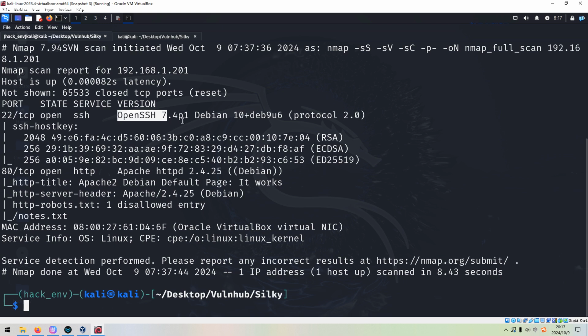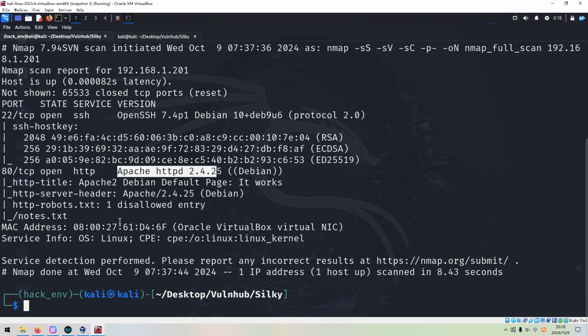Although this version is not very up to date, I don't think we can find any vulnerability. The second one is 80, running the HTTP service, Apache 2. Also, from the default script scan, we know that the target has a robots file which contains one disallowed entry.